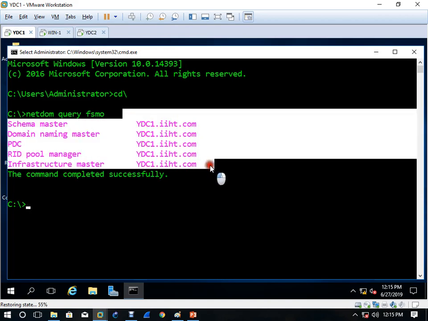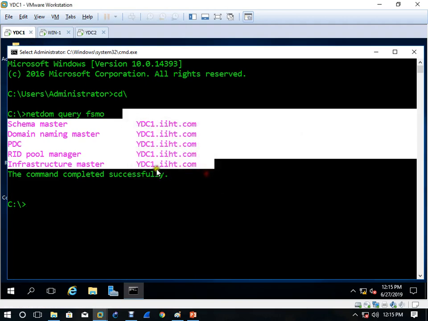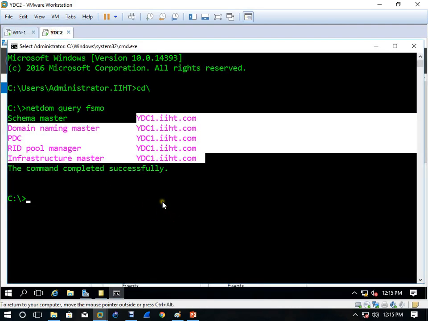Who is the boss? Yaoundé server is the boss. Okay. Now, what I'm going to do? Shut down. Maybe just think that this is off. This is off. So when this one is off, right?